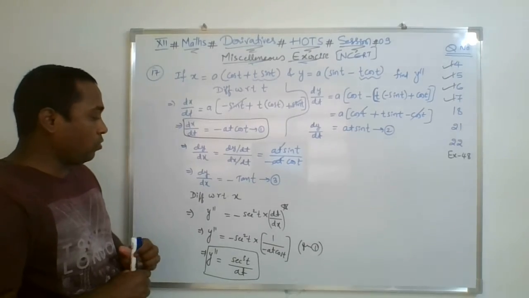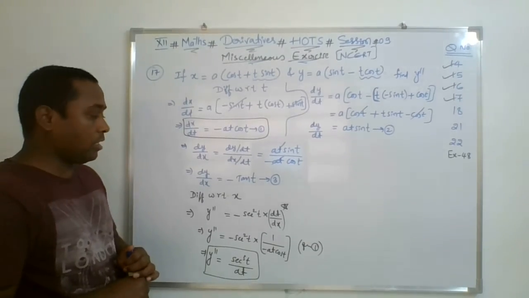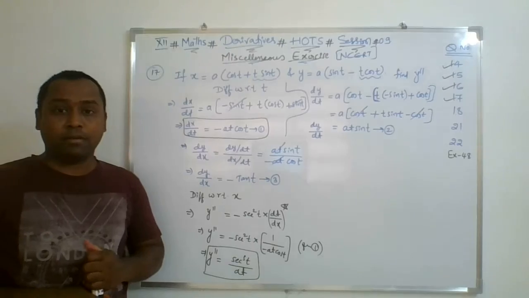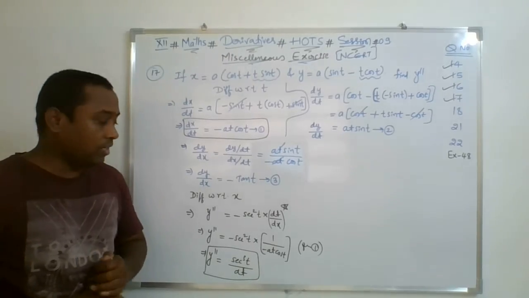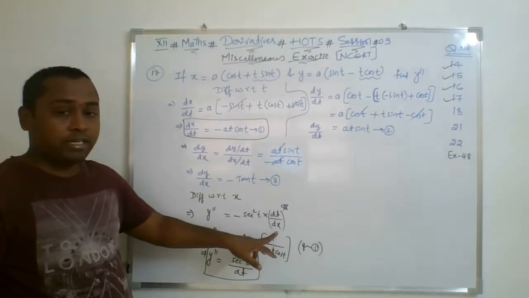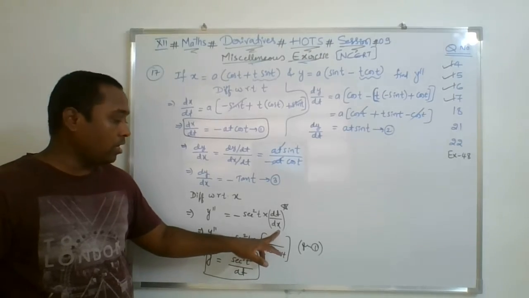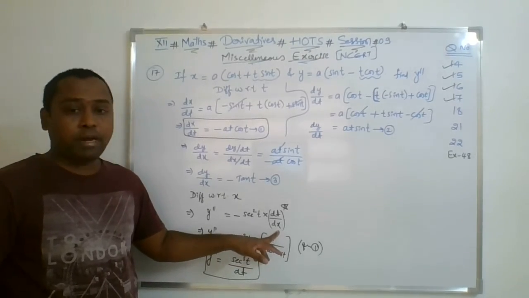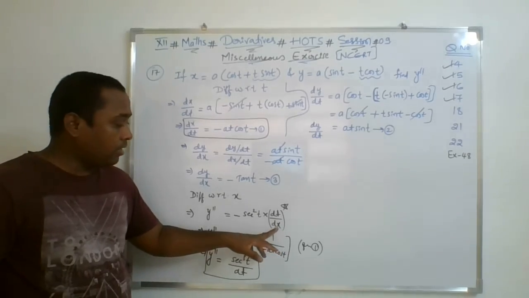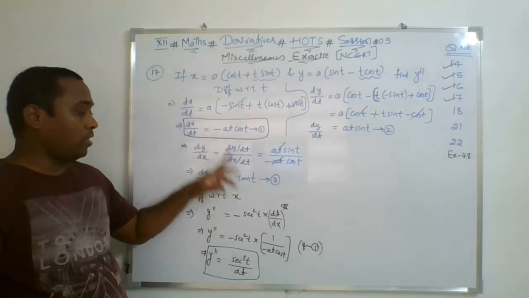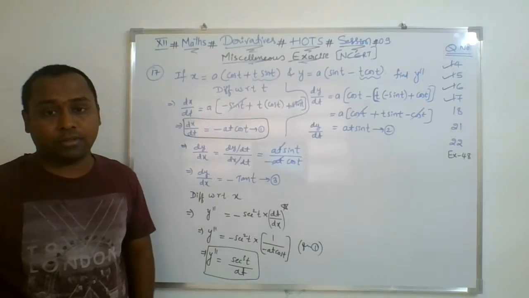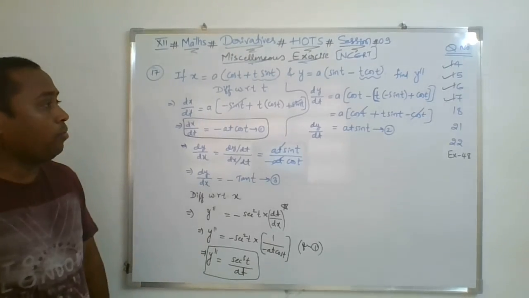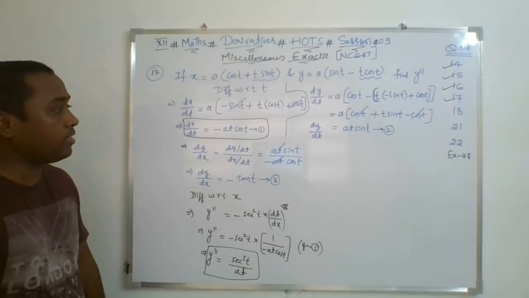So in the entire solution, the clue point or glitch where the student may commit mistakes is dt by dx. He generally ignores or forgets writing the dt by dx. And this value is obtained from result number 1 to get the final answer. So I hope it is interesting and easy to remember.